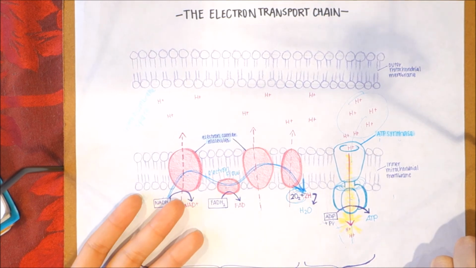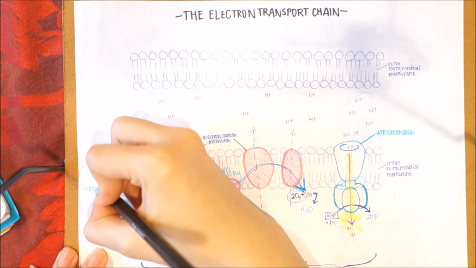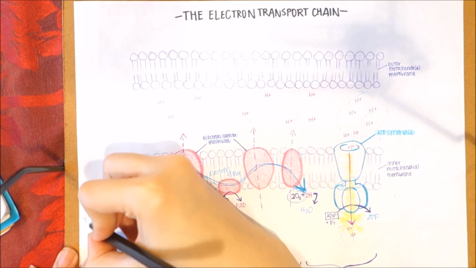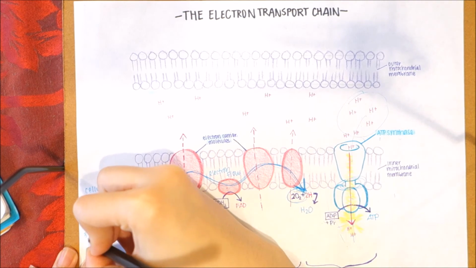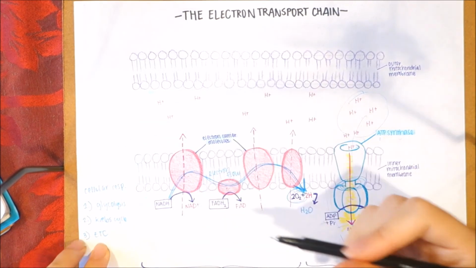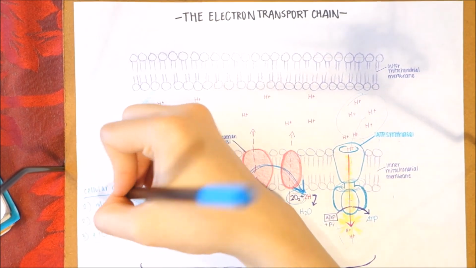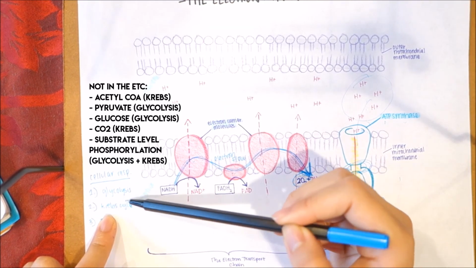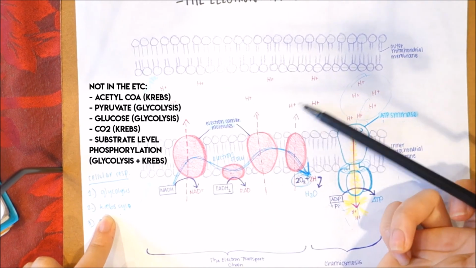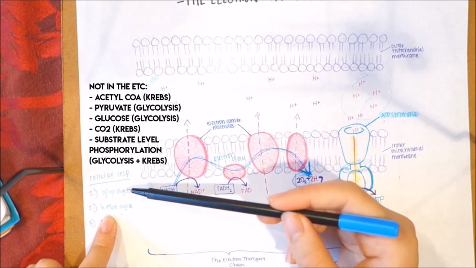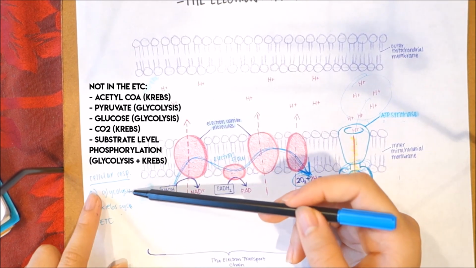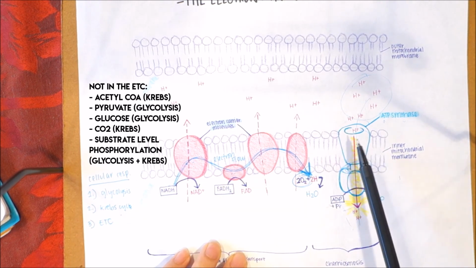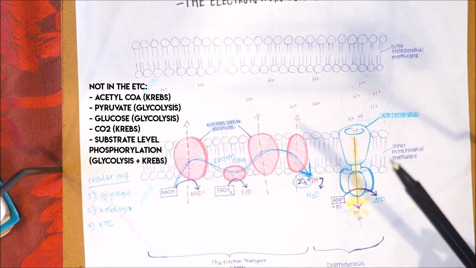substrate level phosphorylation. In cellular respiration, there are three steps. The first one is glycolysis, the second one is the Krebs cycle, and the third one is the electron transport chain. Remember, the goal here is basically to make ATP. Acetyl-CoA is one of the starting molecules for the Krebs cycle, so that doesn't really pertain to the electron transport chain. Pyruvate is the product of glycolysis, and substrate level phosphorylation doesn't occur here because